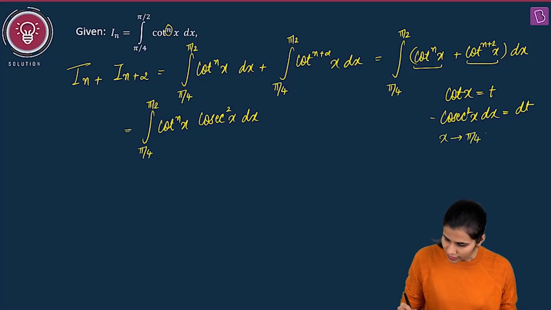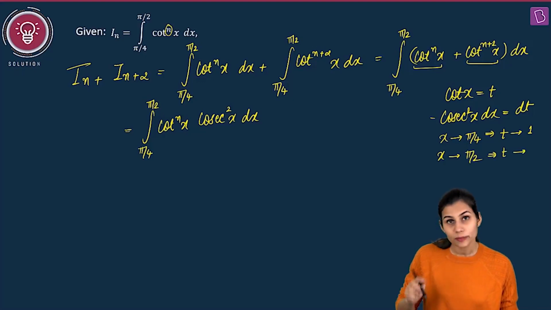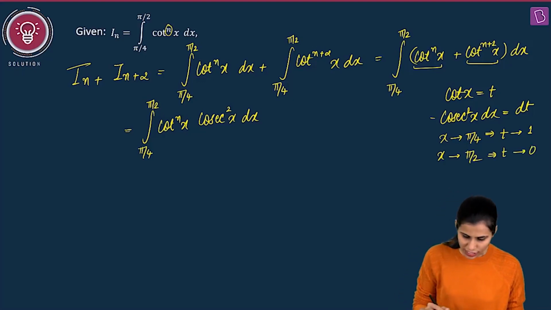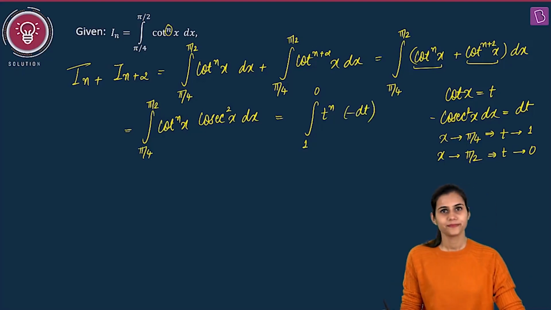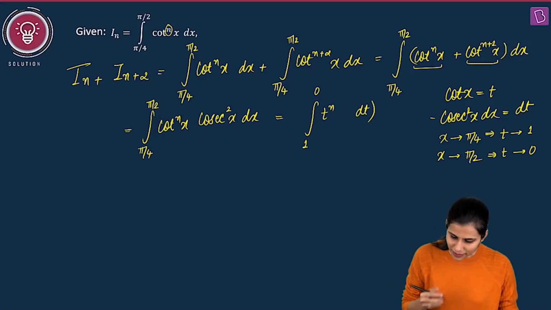If x is pi by 4, then cot x will be cot pi by 4, that is 1. And if x is pi by 2, then cot x, that is t, will be cot pi by 2, that is 0. So this eventually boils down to 1 to 0 t raised to the power n minus dt. Okay? Now to adjust this minus sign,